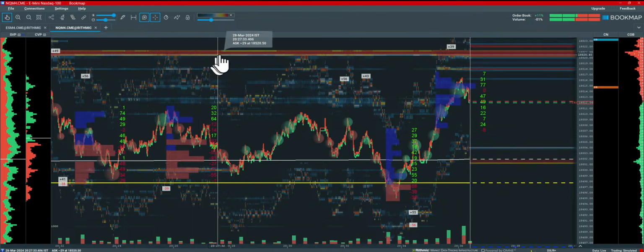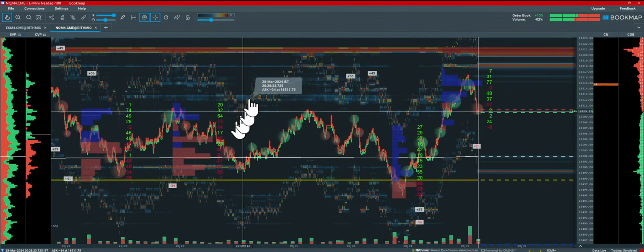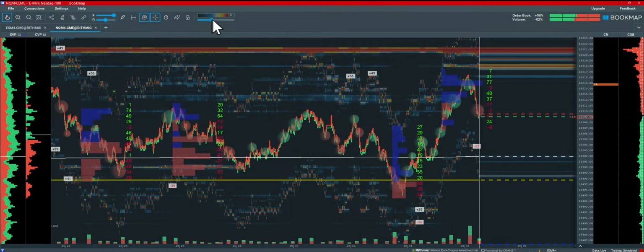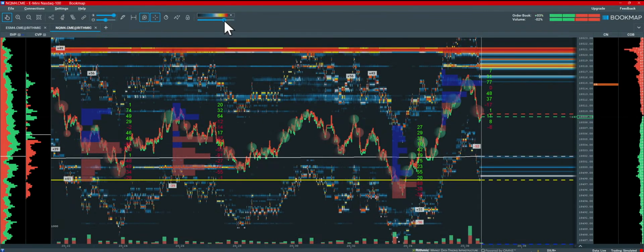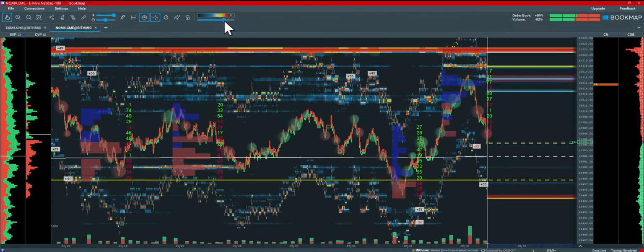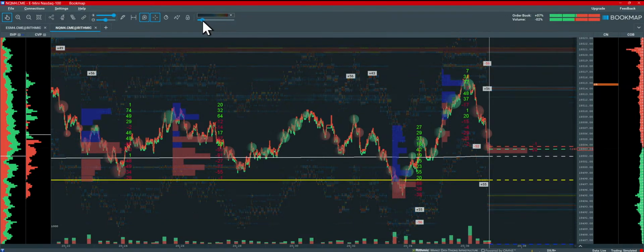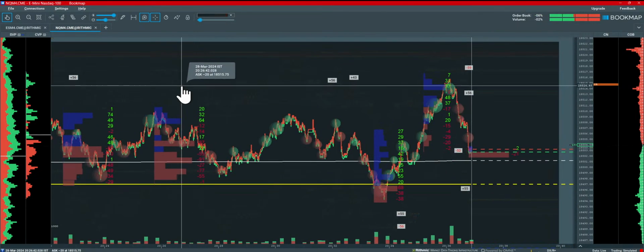So first of all, the tool that Bookmap is really famous for is this heat map, which you can see when I change the brightness over here. So I'll show you how the chart would look if we did not have this and the other features that I'm going to discuss, and then see how we can use them. We'll start from a primarily basic level, and then go deeper into some concepts that we can use.